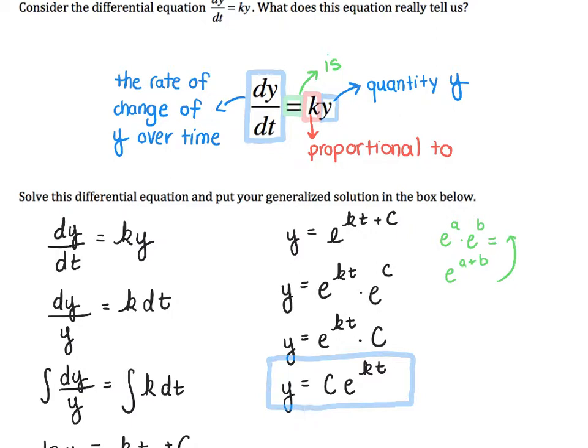So this is something that I would lock into your memory. Because you can go through these steps, you can derive this every single time if you wish, solve the differential equation. But as much as we can, we kind of like to avoid that. So what I would say is know that if you have a differential equation in this format, dy/dt equals k times y, your variables might be slightly different, but anytime it's telling you that the rate of change of a quantity is proportional to the quantity itself,